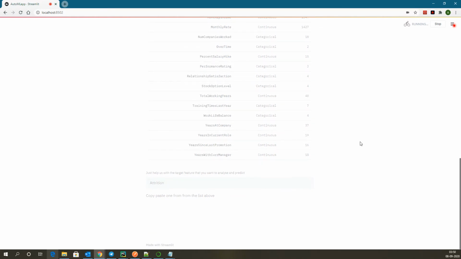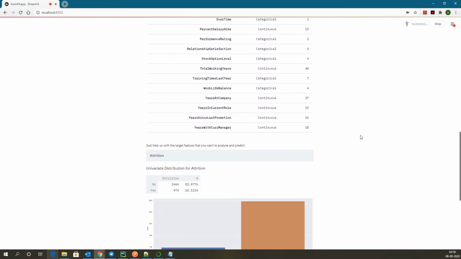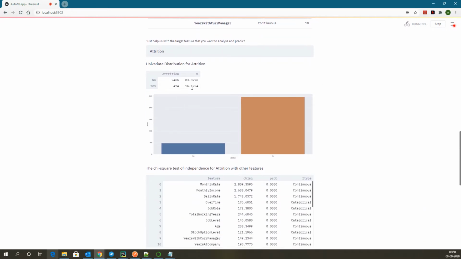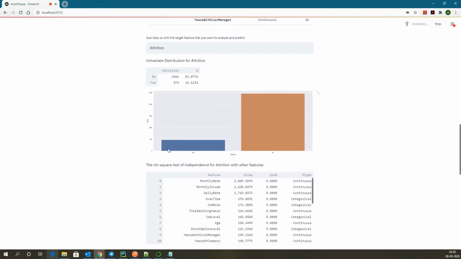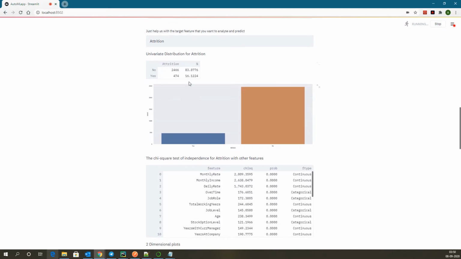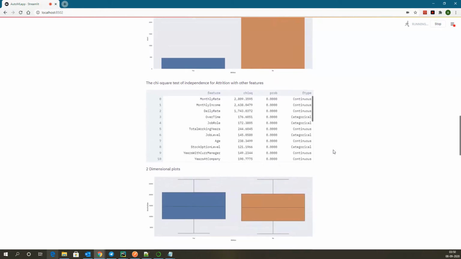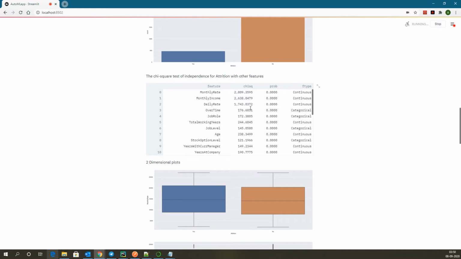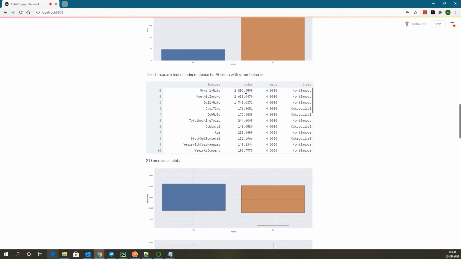As soon as I click enter, it would do all the descriptive analysis based on this target feature. So it will plot univariate plots. You can see the distribution of this particular feature. It has two different classes, and that's how the data is distributed. It also gives you a chi-square test of independence for this feature with all other different features.